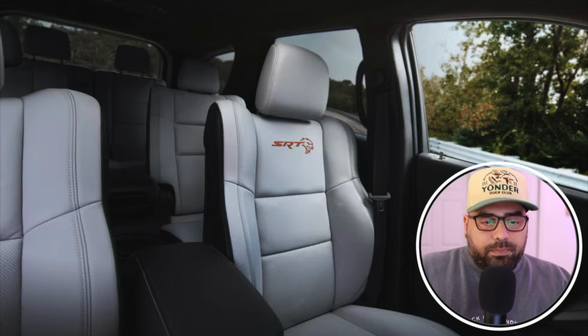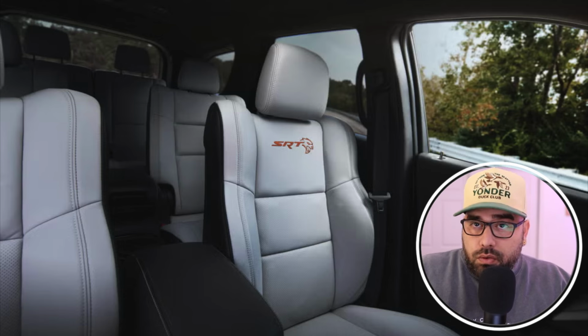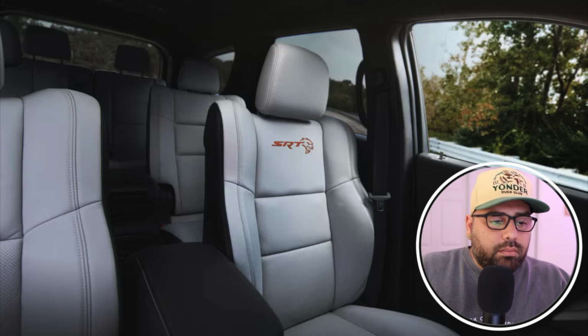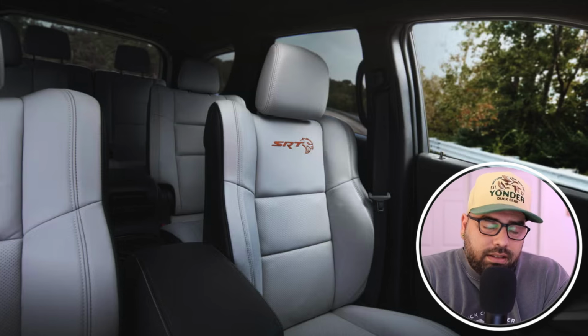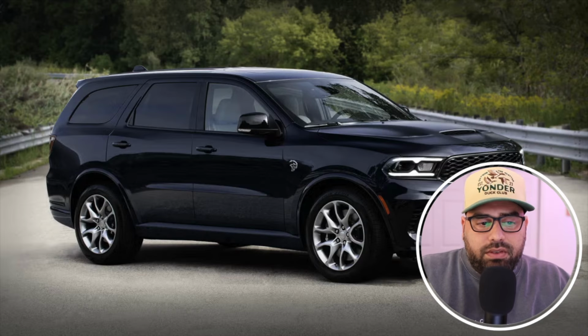Now, my question to you guys, and I want you to tell me in the comments, is this car worth over $100,000? The color code is actually called Night Moves. It's painted in a dark blue color called Night Moves, and it has like a satin finish on top of the hood. It is a pretty cool vehicle. I don't see the price tag up there. I really don't. I don't think this vehicle is worth over $100,000, even if you have the Hemi V8,